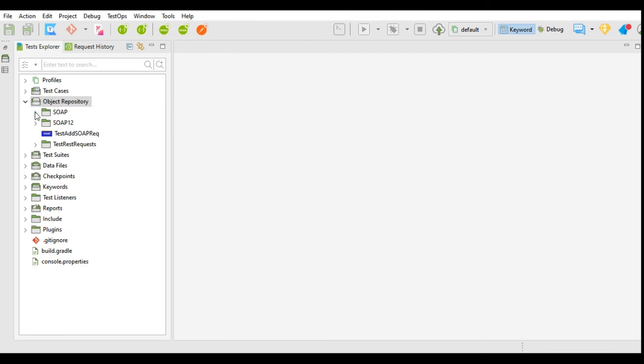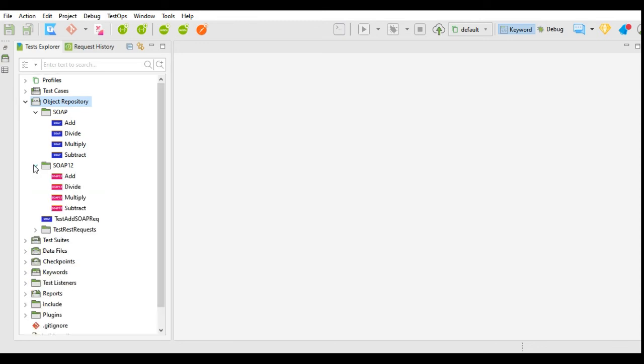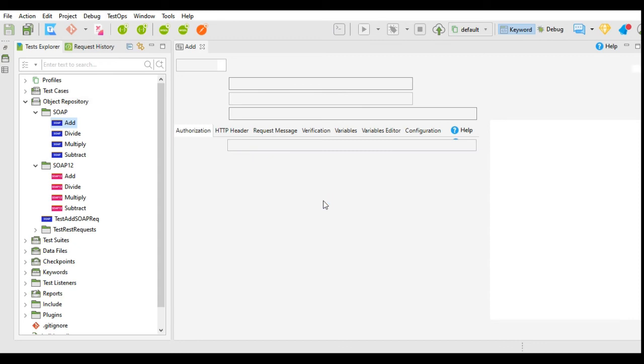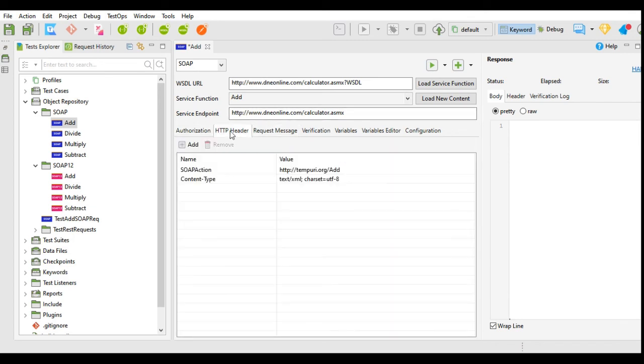After clicking the OK button, it has saved the SOAP requests and the SOAP 1.2 version requests. It has both types of requests, SOAP and SOAP 1.2, for add, divide, multiply and subtract. So you can click on add and open it and you will find the same details of the request that we have seen earlier.